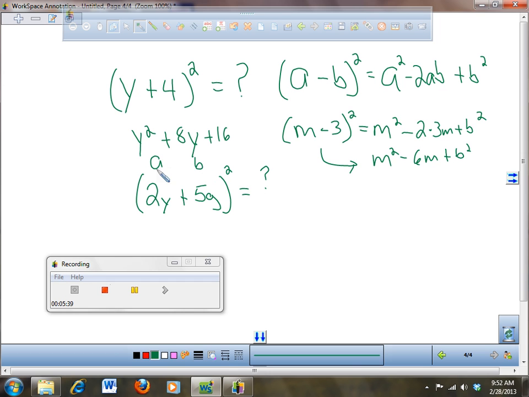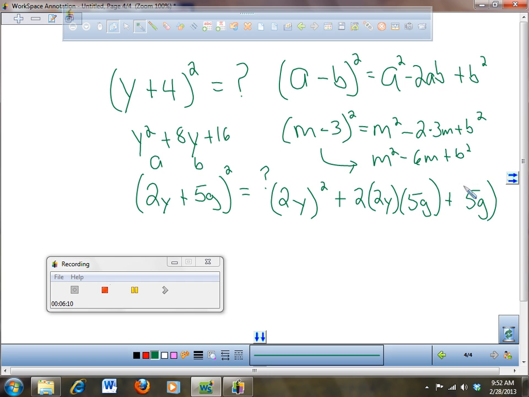So it's going to be a squared plus 2 times a times b plus b squared. Or you can FOIL it out. So if I want to do the shortcut method, it's going to be 2y squared plus 2 times a, which is 2y, times b, which is 5g, plus